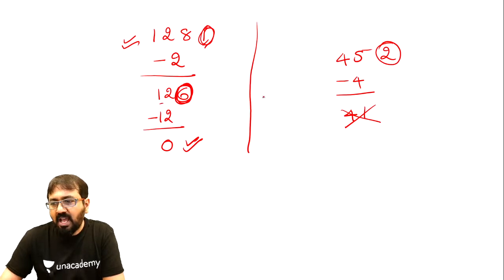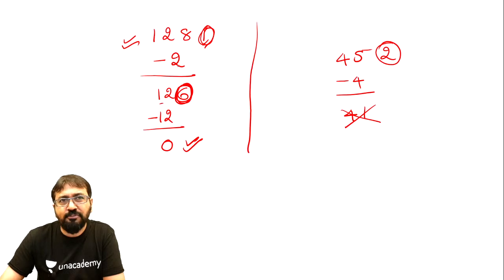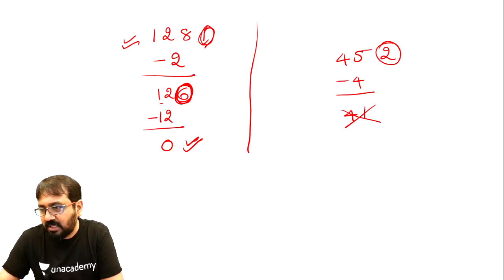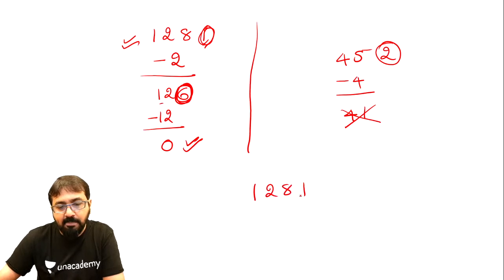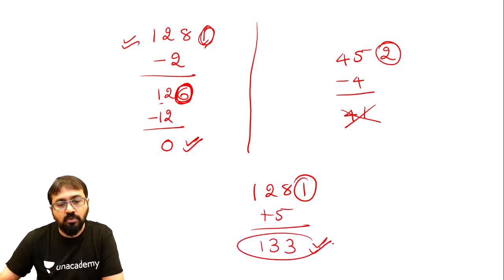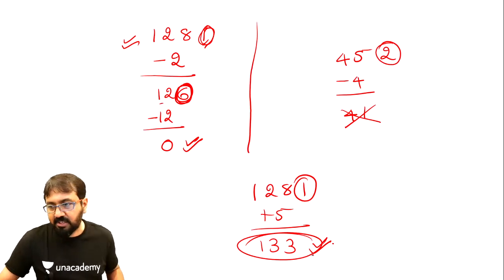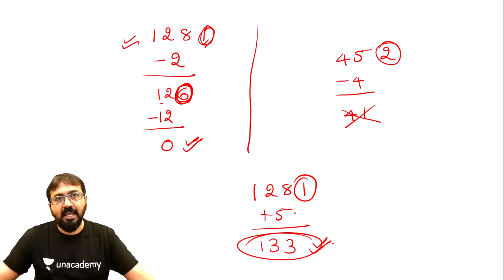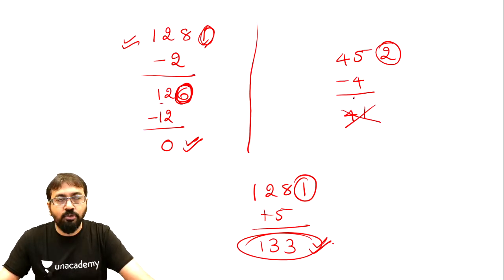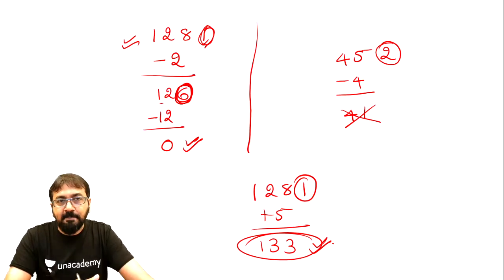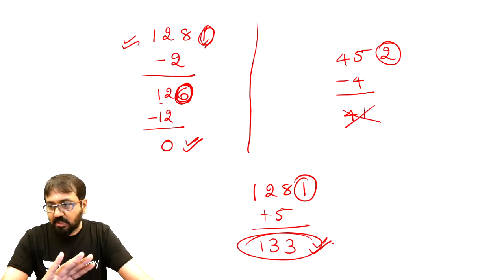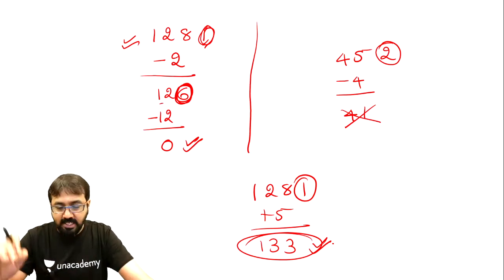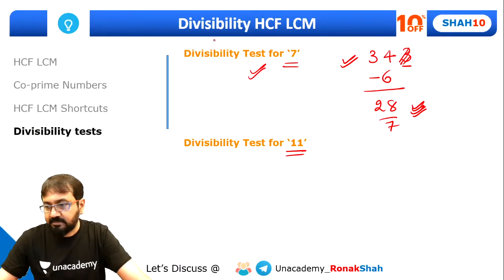है ना? Okay, Ashish, that test is not correct. It's not 5 times the digit, 5 times the last digit to the remaining. See, 1281 लेके करोगे ना आप, इसका 5 times कितना होगा? 5. 1281 plus 5, 133. अच्छा, आप ऐसे कह रहे हो? Okay, fine. So 133 is divisible by 7. So आप 5 times करके भी बाकी में ऐड कर सकते हो. Fine. You can do it. Okay. सो गाइज आप लास्ट डिजिट का डबल करके बाकी में से सब्ट्रैक्ट करो या 5 टाइम्स करके बाकी में ऐड करो, वैसे भी कर सकते हो. बट अभी हम यस आशीष, यू आर करेक्ट. ठीक है,